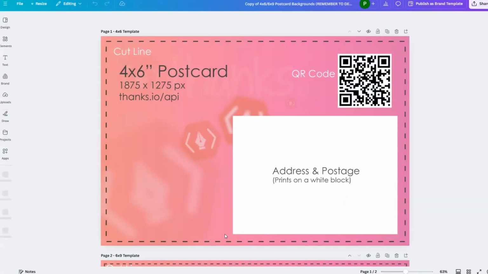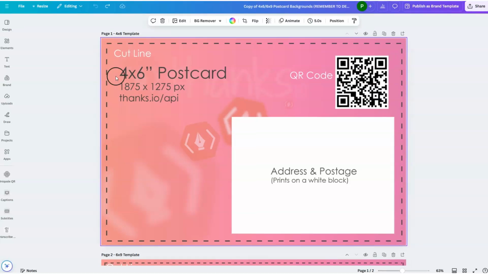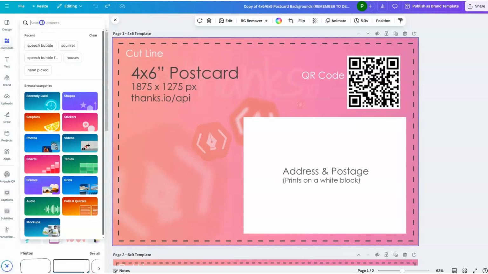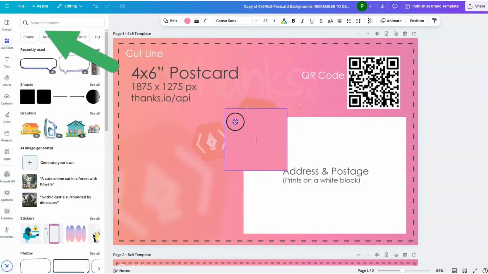Of course, you want to be signed in to your account here in Canva. So everything you see here is just a guide. You're going to need to replace it with your new custom design and keep in mind where things are. So we have our address and postage, we have our QR block, and then we can start to build around it. So what we can do here, for example, we could grab a rectangle like so